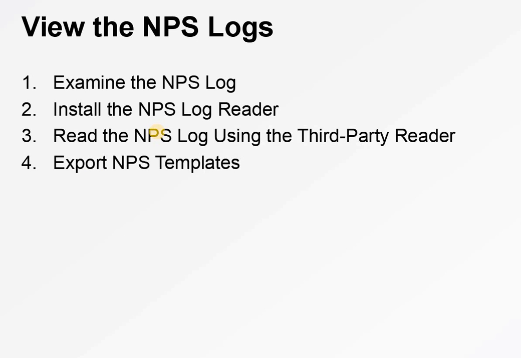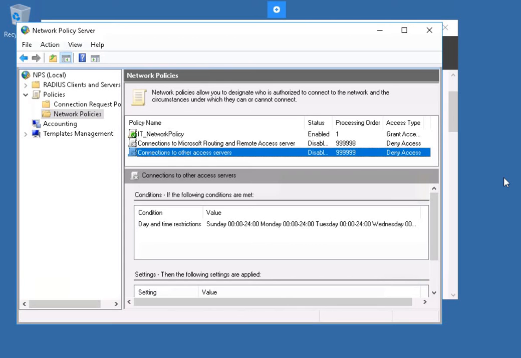Okay, so normally NPS logs provide information about the user authentication request, accept message, access reject message, and accounting request and response during a VPN session between a server and clients. So in this task, we will view the network policy logs and interpret them using a third-party NPS log reader, since Windows Server 2016 doesn't include a native tool for reading the content of NPS log files. Okay,